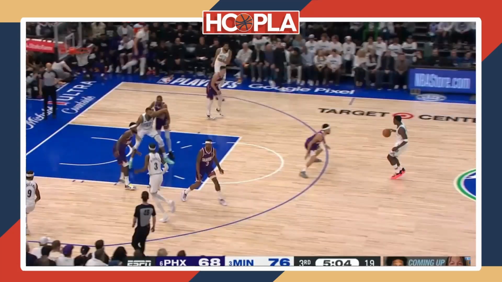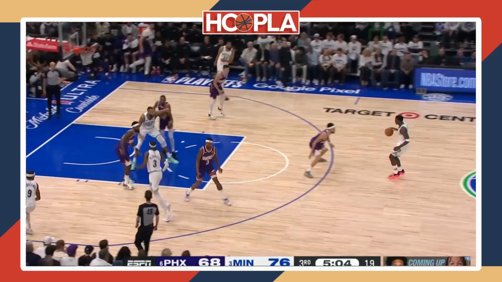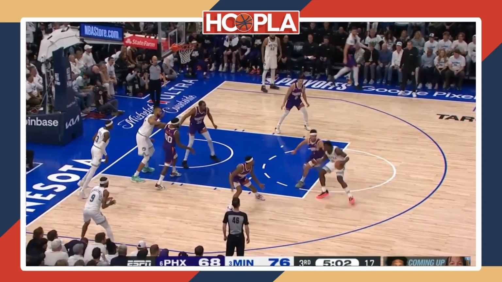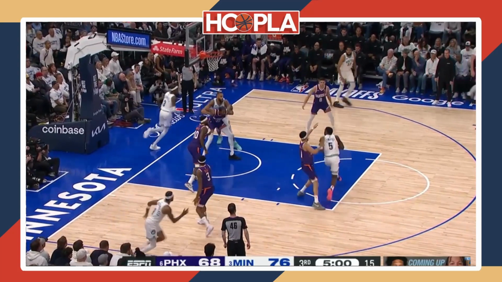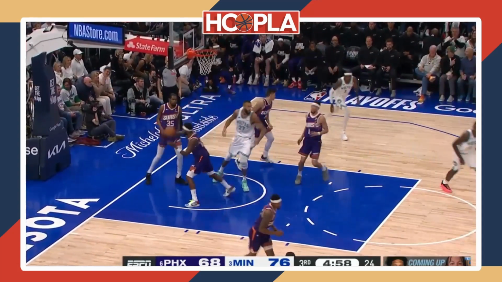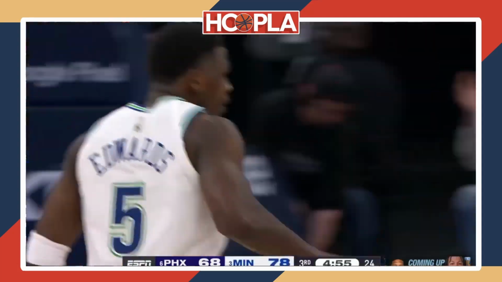Finally getting loose, Ant has another opportunity to ISO on Devin Booker, and he attacks to his left. Bill is in a tough situation right here because he wants to come over and help, as he should, because this is Anthony Edwards. He wants to come over and help, but this is also a great shooter right here in the corner that's already made a couple threes. So he gets caught in between, is not able to fully commit, and Ant gets to the elbow, not too deep, and uses his footwork to get around Booker to get a nice little floater. May have been a travel, but who cares?